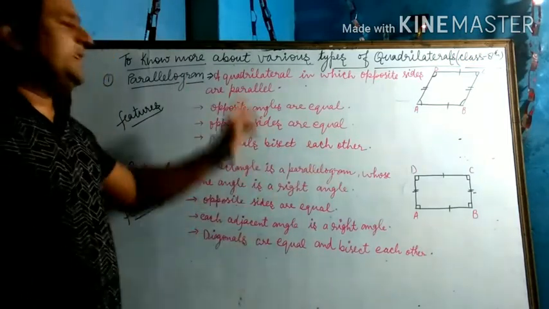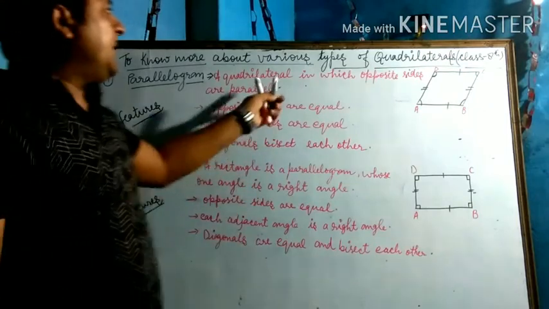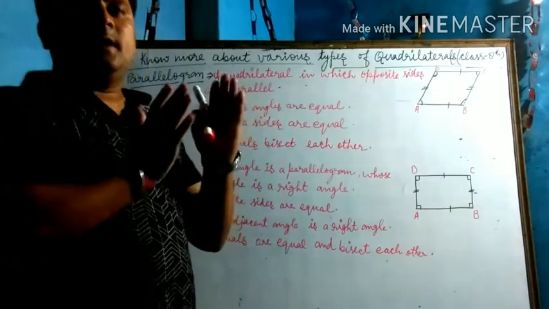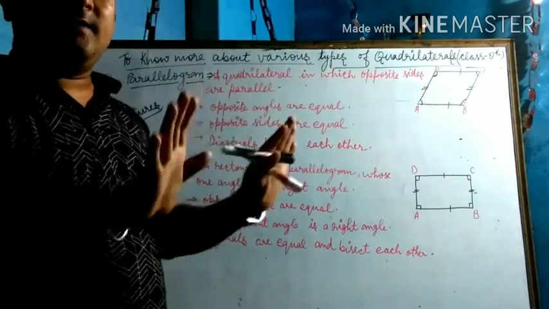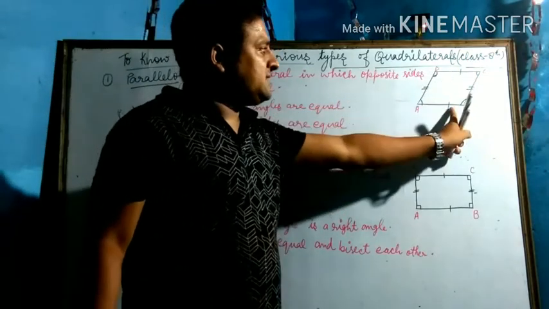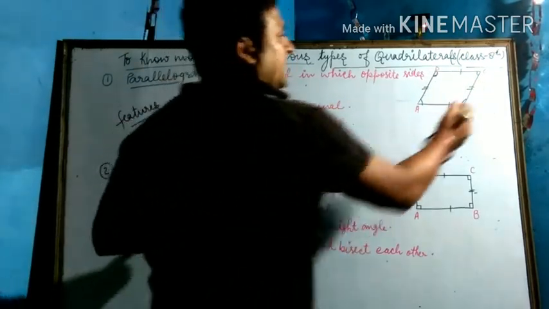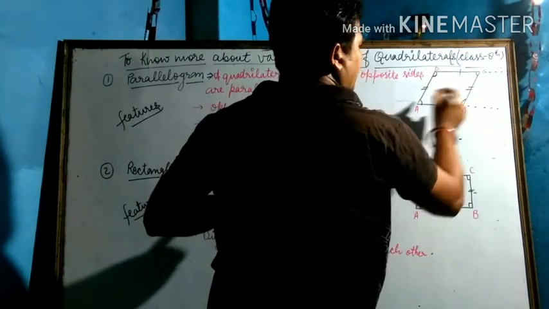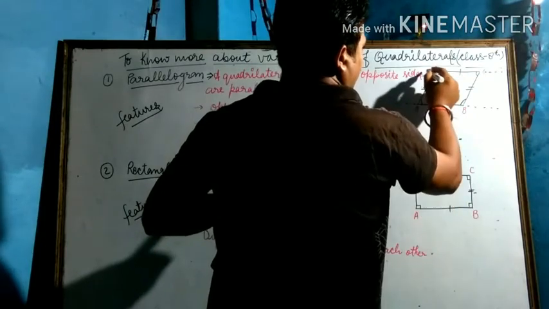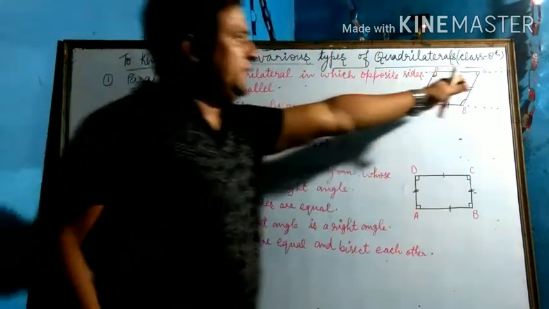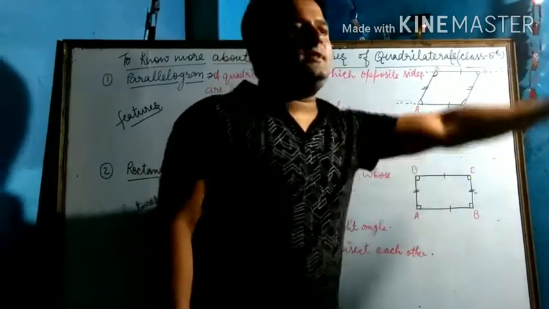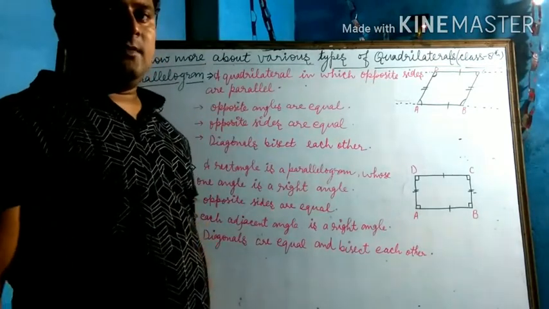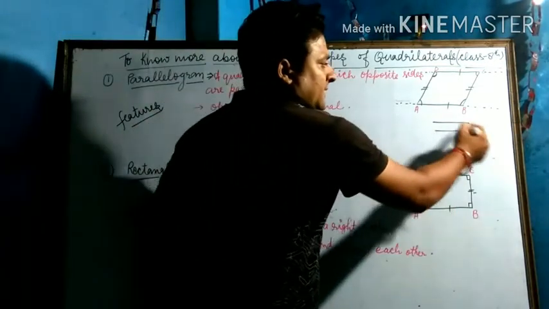Understand? So the definition of parallelogram is a quadrilateral in which opposite sides are parallel. Parallel means never meet each other anywhere. This line and this line, अगर आप इसको इंक्रीज करो, डॉट डॉट डॉट, एंड हियर आल्सो डॉट डॉट डॉट, और इसको आप दिल्ली तक ले जाओ एंड इसको आप मुंबई तक ले जाओ, they will never meet, like the train's track. Understand the train's track? You know, they never meet each other.